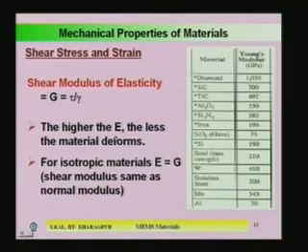So, the higher the G, the less the material deforms, like the axial stress. Another important point is that for isotropic materials, E is equal to G. What is E? E is the elastic modulus and G is the shear modulus. So, the elastic modulus and shear modulus will be equal